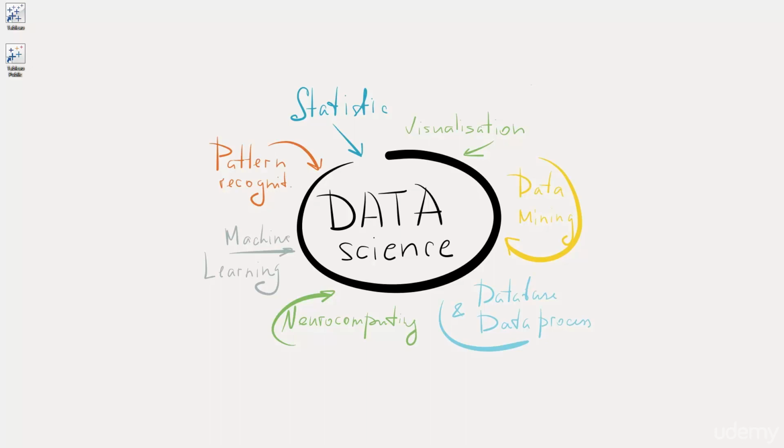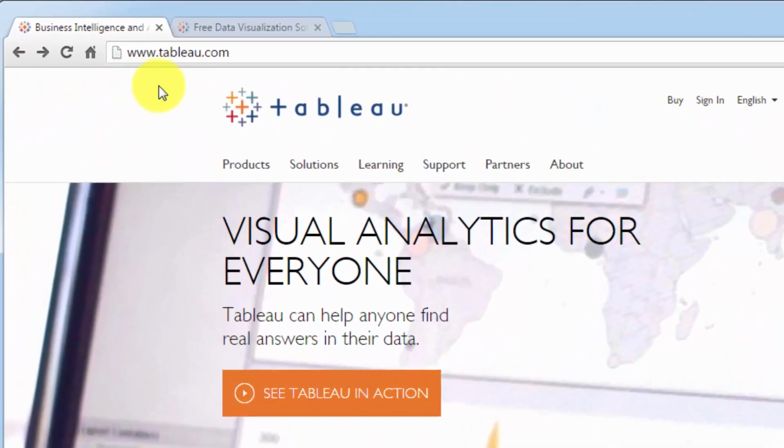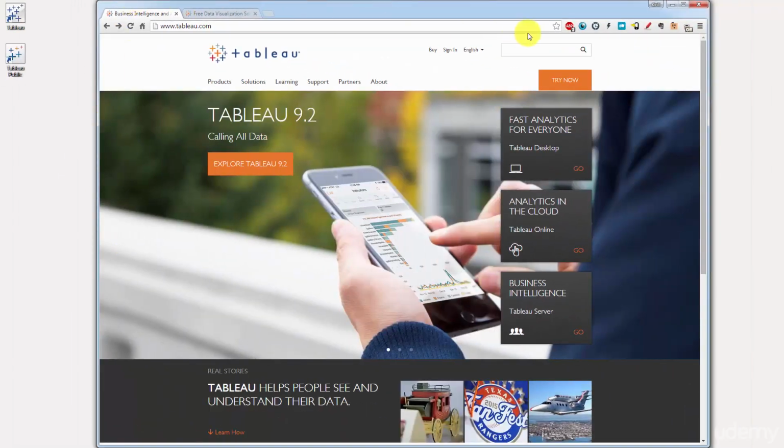In today's tutorial, I will show you how to install Tableau. So let's jump straight into it. The first thing that we're going to need is a browser. And once you have a browser up, let's go to www.tableau.com. Now this is the main page of the Tableau software, and here you have a couple of options of